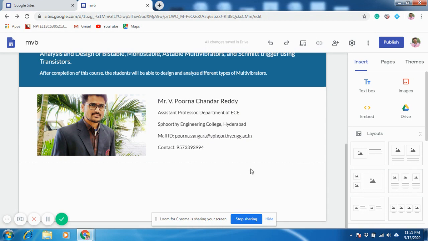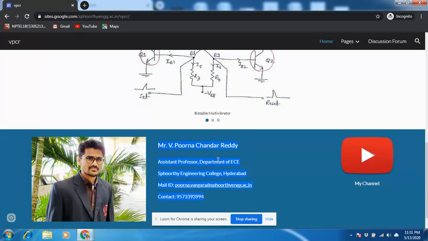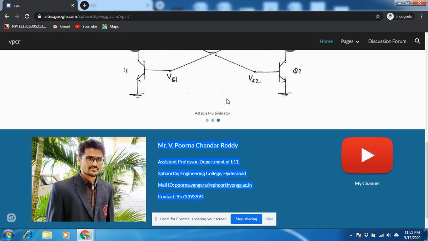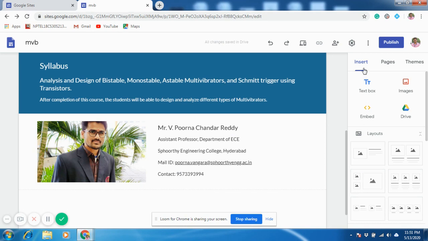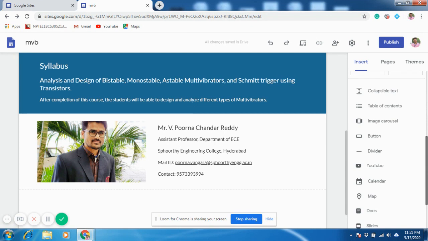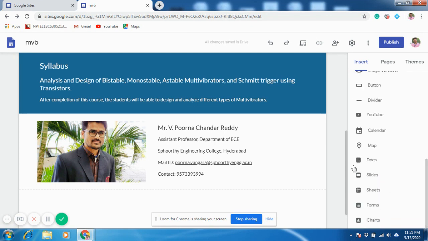Okay, so next, what else? Let us go back to here. So here I discussed these floating images. So how to add this? Here in insert you have so many components. Go down. These are the components you can add. Just explore all this, it is very simple. After adding all this, you can have this preview. So let us see preview.